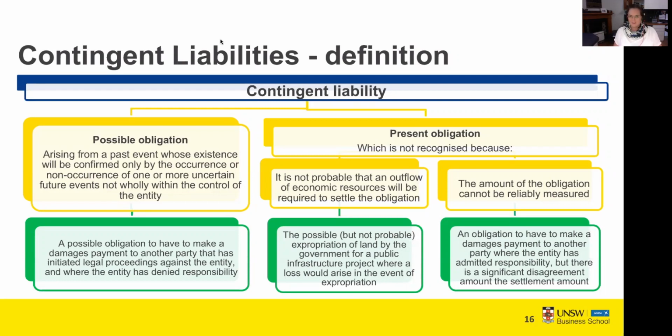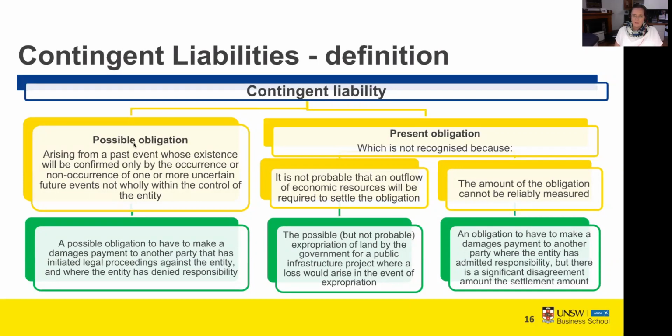So let's come back and finish the first part of our topic. We were up to slide number 16. This particular accounting standard that we have been looking at in the first recording talks about provisions, and it talks about another type of liability called a contingent liability, which we're going to have a look at now. Contingent liabilities will arise in a number of specific circumstances.